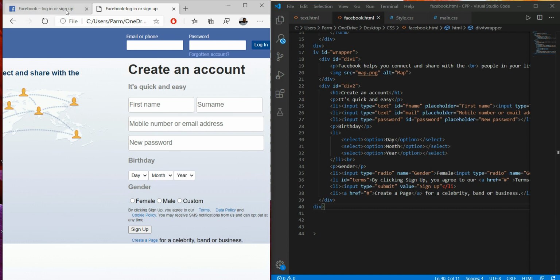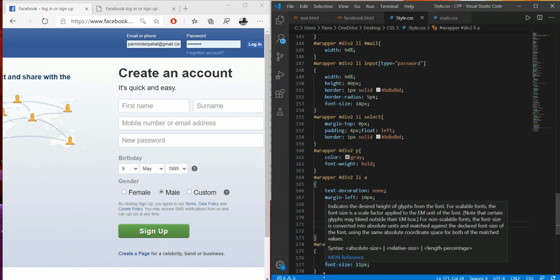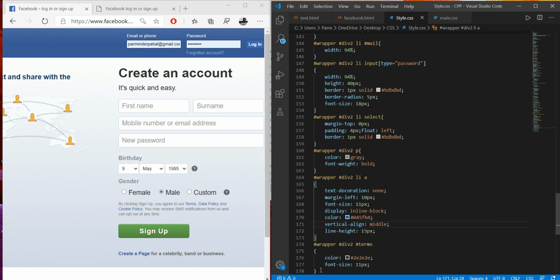Now if we see, this button is larger over here, it's having the shadow effect, it's having a gradient effect, it's having a mouse over effect. Okay, so for this we have to write a long way of styling. So here we just have to add another line over here, just to give the hover effect.